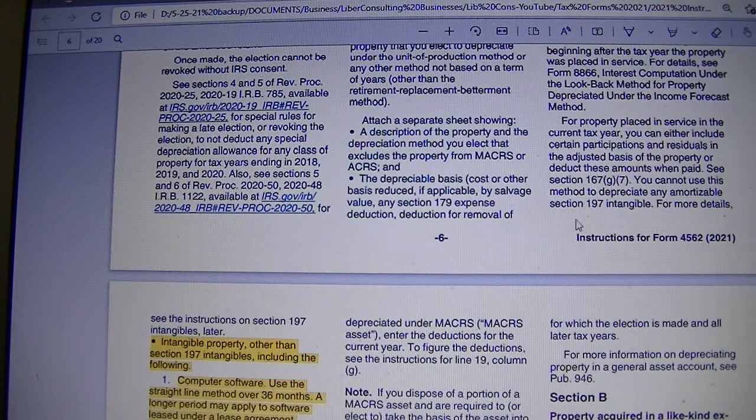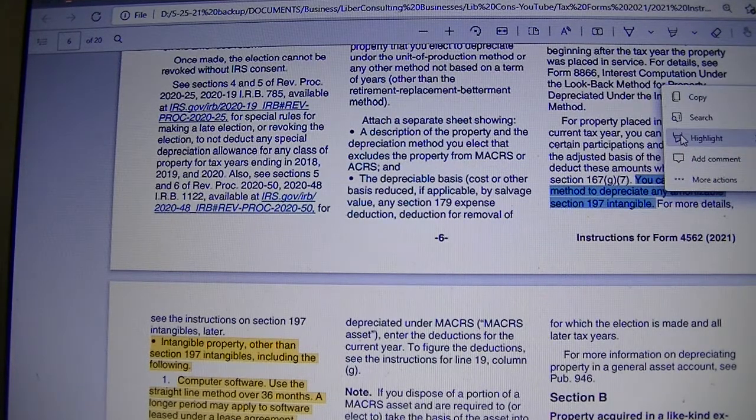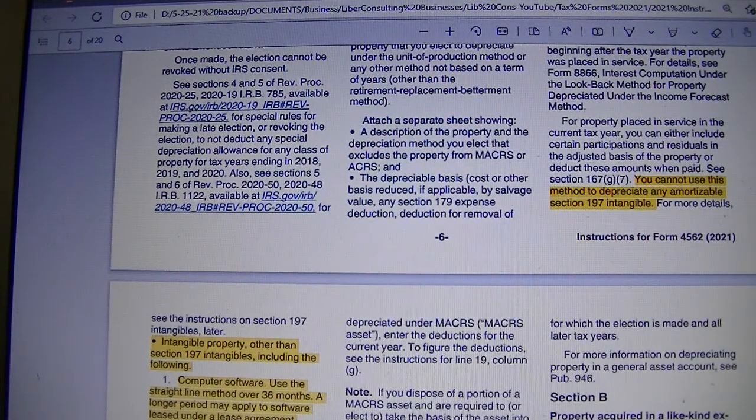You cannot use this method to depreciate any amortizable section 197 intangible. Okay, so that means you can depreciate it. For more detail, see the instruction on section 197